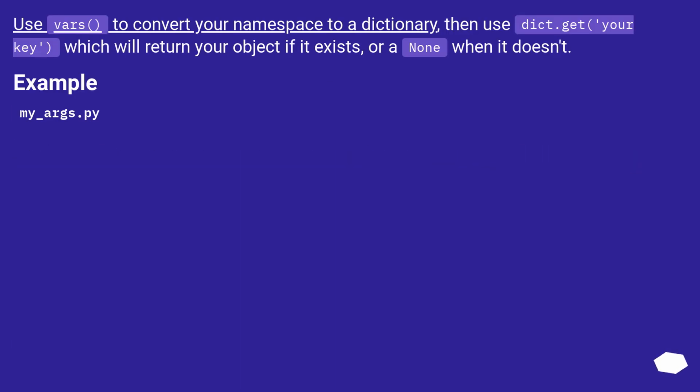Use vars to convert your namespace to a dictionary, then use dict.get(your_key), which will return your object if it exists, or None when it doesn't. Example: